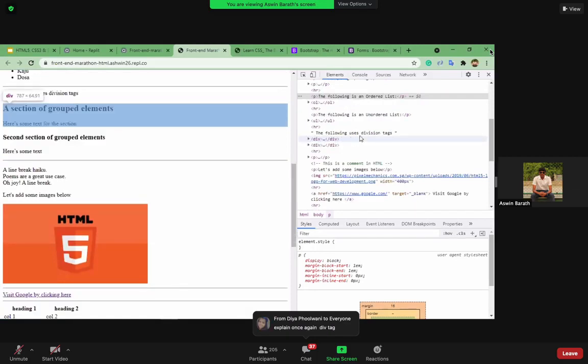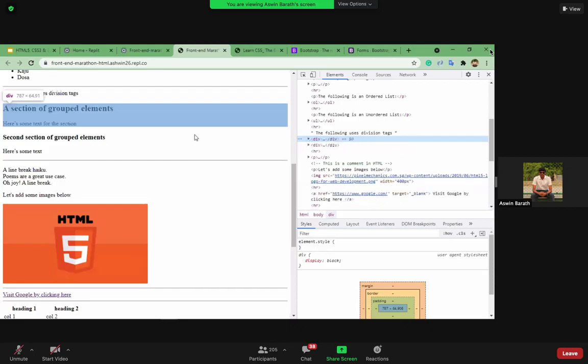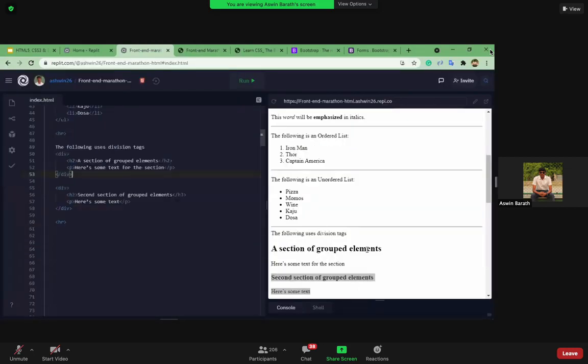As you can see, when I try to choose and highlight over this tag, it is grouped inside as a single container, right? This is very useful in future, when we try to build complex code in HTML as well as CSS and JavaScript. It will be very helpful to wrap it inside one single container. That's why we use div tags. Okay, so moving on.